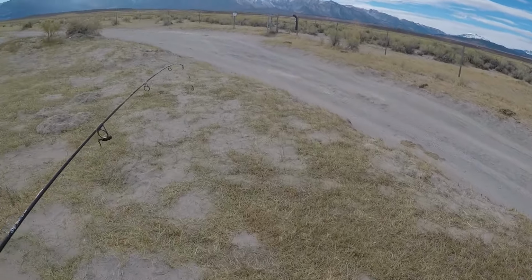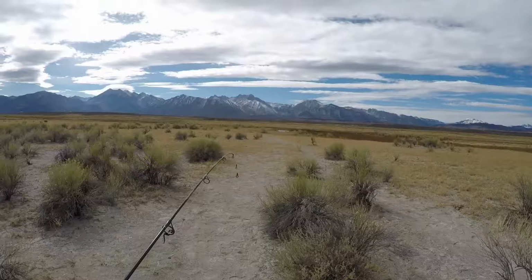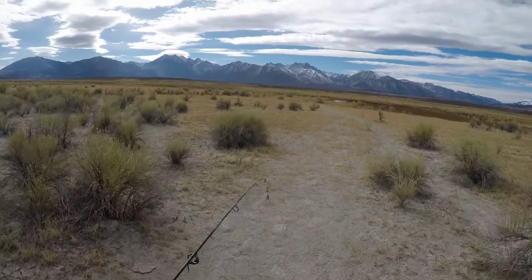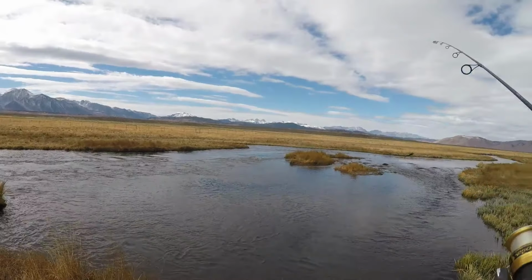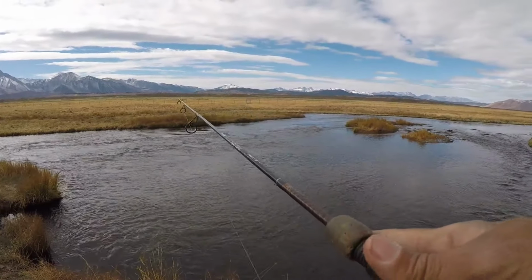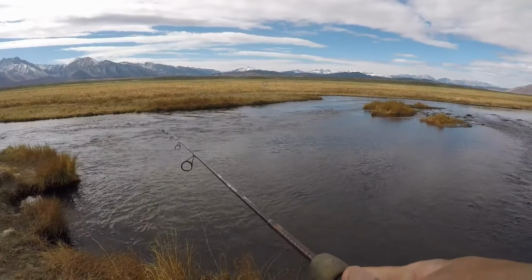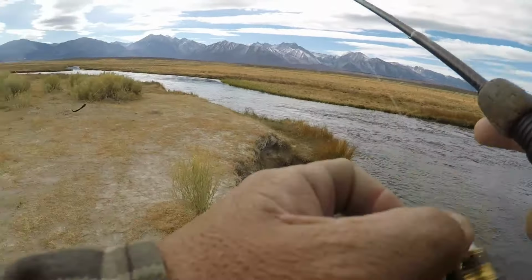Over here, there's nobody out here but me. The other side, there's a few people fishing. Well, here, I just want to get one good fish, and I could leave with a smile on my face. So I'm not sure how I really want to fish this yet. If I want to go fast, I'm probably going to do what I did last time